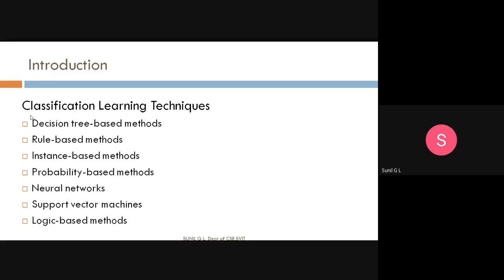Then what is a decision tree? I will discuss this in detail, but first a simple introduction. A decision tree can be constructed by an algorithmic approach that splits the data set in different ways based on different conditions, for example yes or no conditions.